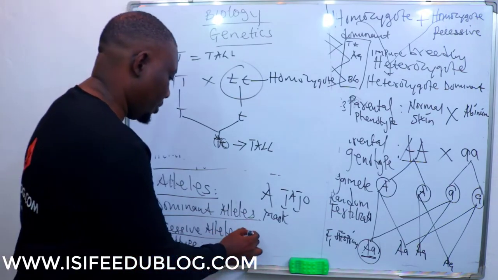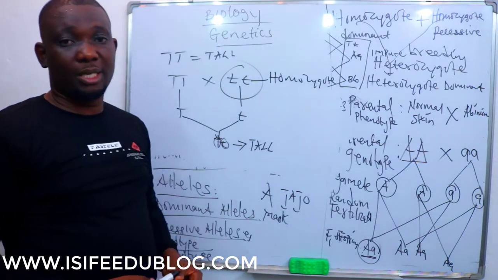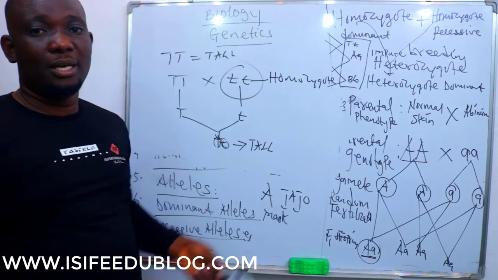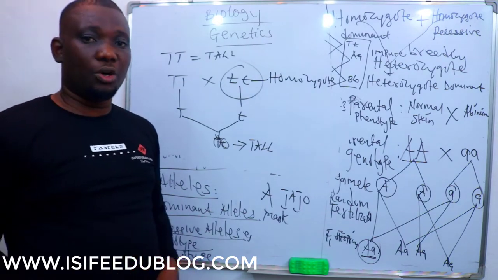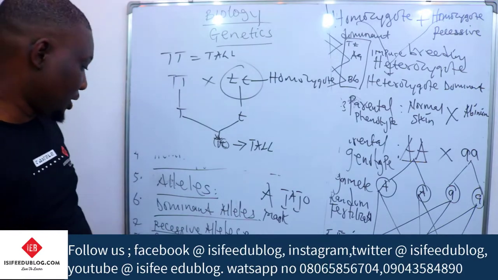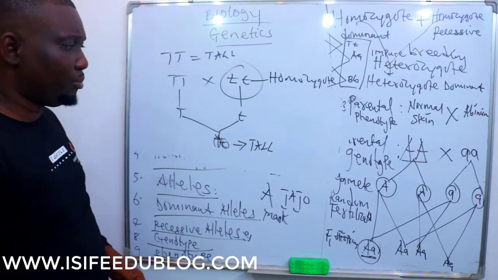A common example of alleles, genes that are very recessive, is albinism, sickle cell anemia, hemophilia, or any sex linkage or sex-linked traits. These are alleles or genes that are recessive. And the genotype